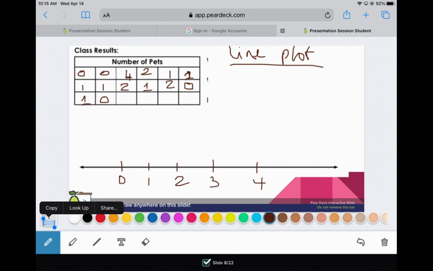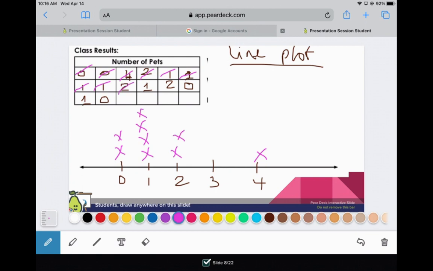Right? So now to do the line plot, keep in mind, we're not going to use the dot. We use the x. So I'm going to do the first one, which is 0. So that's 1 x. Basically, this is one of the Khan Academy assignments that you're going to work on today, where there will be a data list, and then you just have to click, depending on how many of each number you have. So I have another 0, so I'm going to have another x. For 2, there's 1, there's another 1, I have another 1,